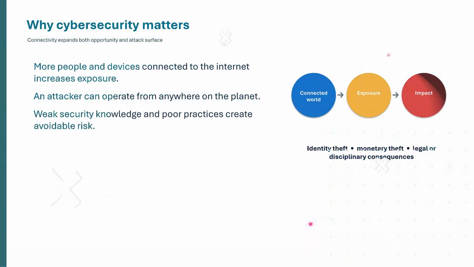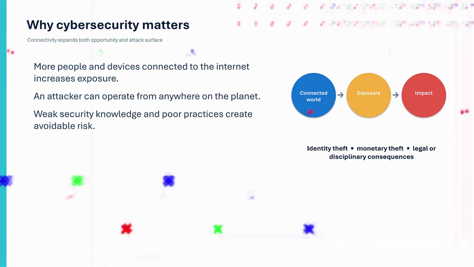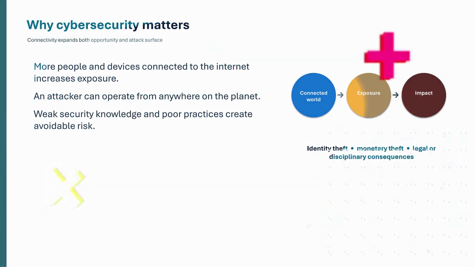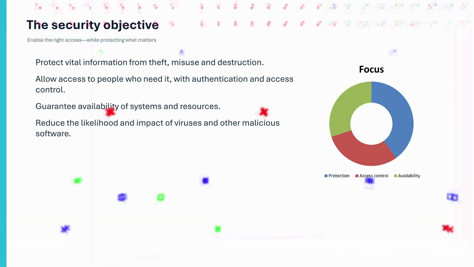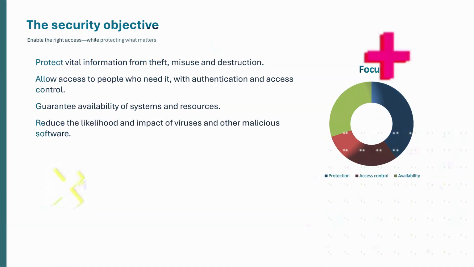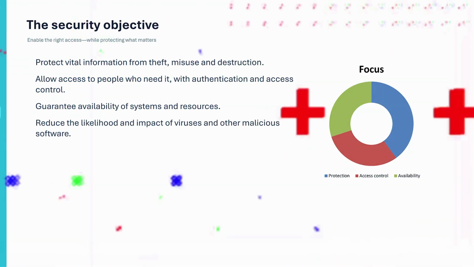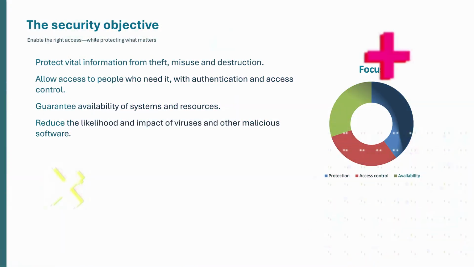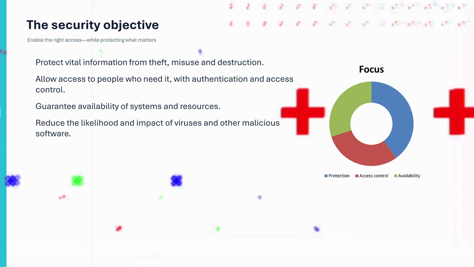The more connected we are, the larger our attack surface becomes. An attacker does not need to be in the same city or even the same country. Poor passwords, unverified requests, and outdated software can easily create an opening. We saw this during the 2017 WannaCry outbreak, which affected organizations worldwide. In the UK National Health Service, appointments and medical procedures were disrupted. The key message here is simple. Distance is no longer a reliable security boundary.